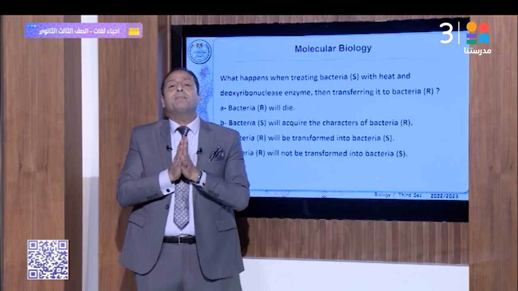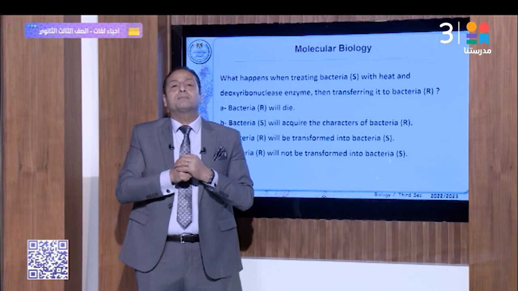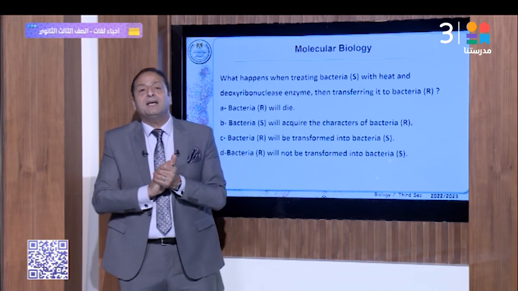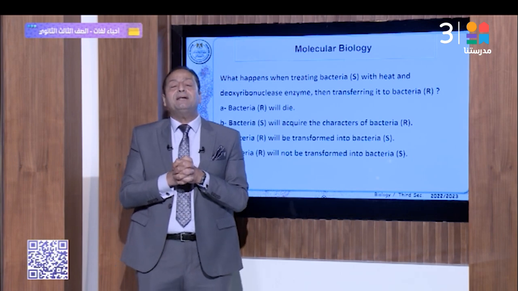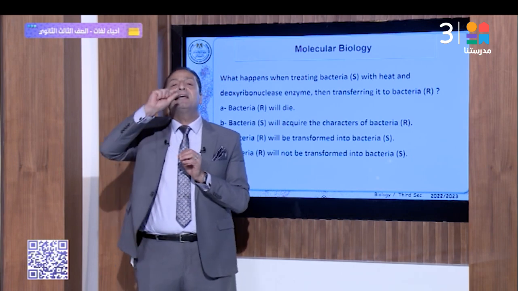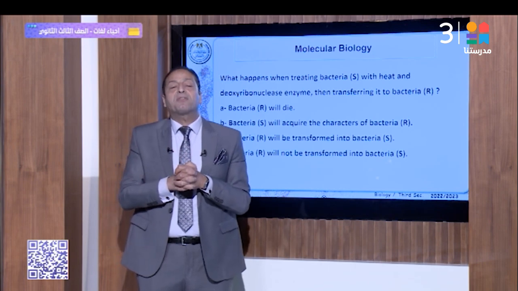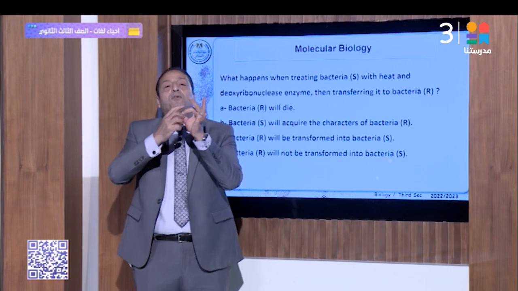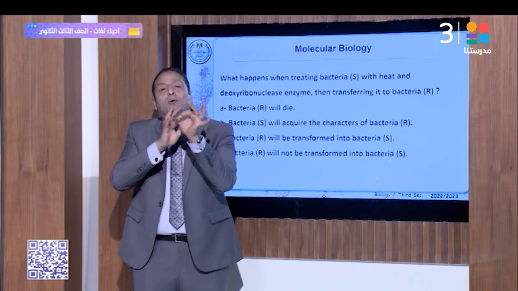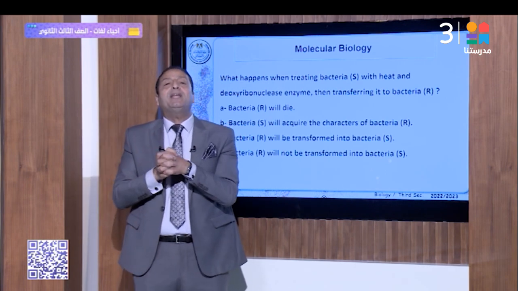Starting with the bacterial transformations. The scientist Griffith worked with two strains of bacteria, and one is strain S. That means smooth bacteria. Why is it named smooth? Because it contains specific genes responsible for the formation of capsules around it, to protect it from the immune system when invading